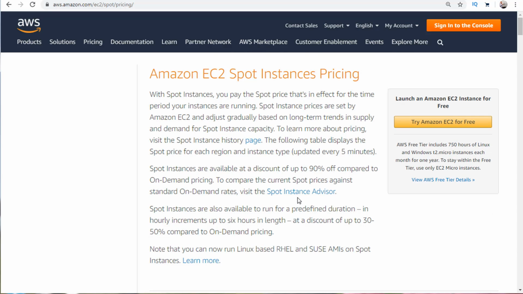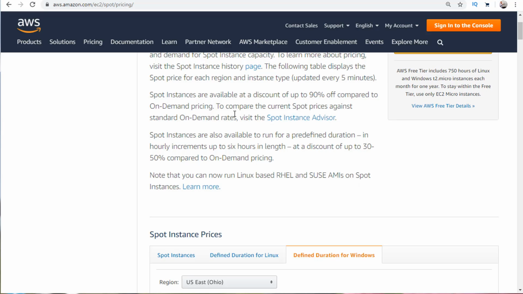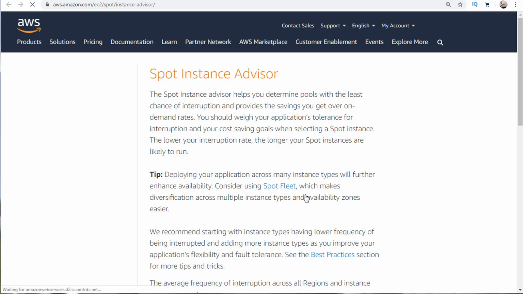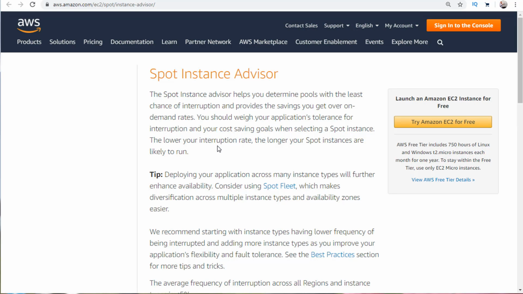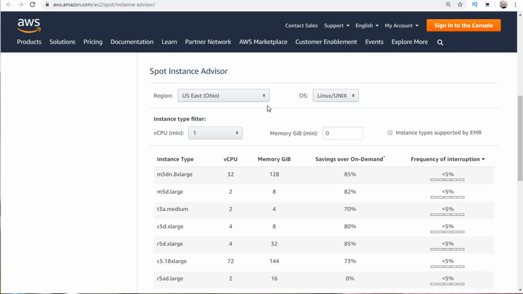Now, if you go back up to the top, you could see, for example, here, this is where you could try EC2 for free. The free tier information is here. But before I actually go to the console and walk you through it in the console, what I want to do is talk about what's called the Spot Instance Advisor. So if I click that, this is basically going to be a tool you might want to use when you scroll down here,